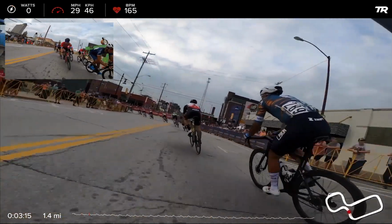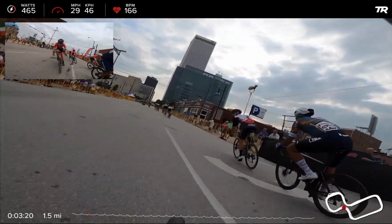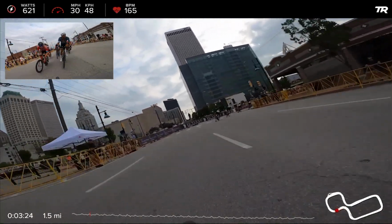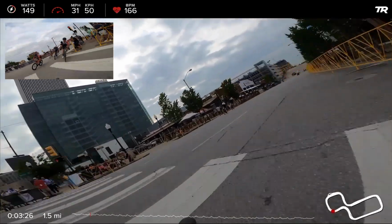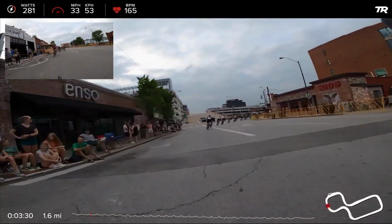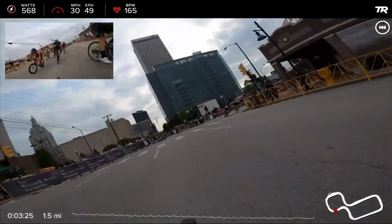Oh, I wish the whole race was like this. It would have been great. And then it flows into the next turn. So it's kind of tough to do, okay, I'm inside now, I'm fully going to go outside in between turns like that without causing a major disruption to the group and being unsafe to riders around you. So that turn itself wasn't too tricky, but it was everything before it was difficult,